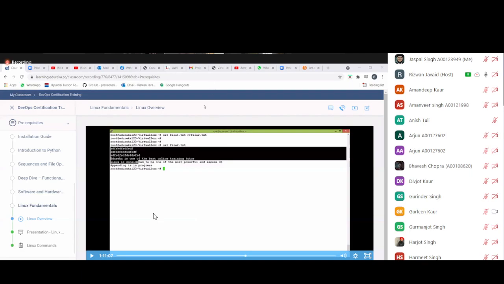Make sure, as I requested last time and am requesting again today, please write down only those commands which we study. Yesterday some students showed me the copy command. I already requested that we have not covered the copy command yet. So make sure you monitor all the commands I'm going to discuss now. You can write them in your notebook, or take pictures of how the commands are written over here.